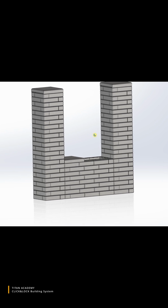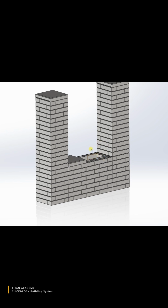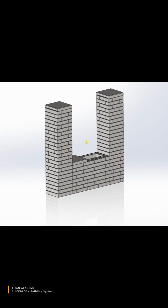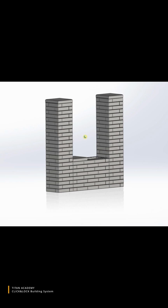You can also check my previous video for more detailed information on a bit more modern system, but this system is also based on the Click&Lock design. What is important, we are providing you with a complete solution, like an equipment set, and you can produce all these bricks and some other products license free, and it's very easy. Another important thing, you can use industrial waste as the main source of your raw materials,